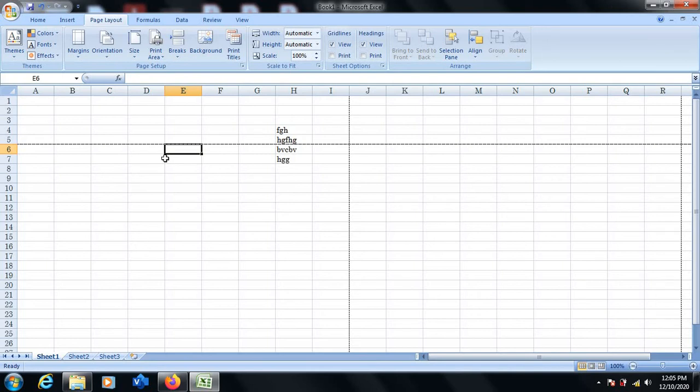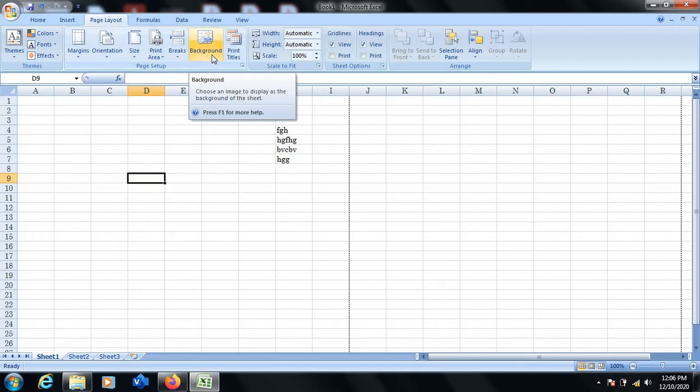So page break is to separate pages from a selected part of your worksheet. Now this page is divided from line number 6, that is from the third line of your data. Similarly, we can clear it by clicking on either reset all page breaks or remove page breaks. Let me reset page breaks. It will bring back the normal structure of your page.